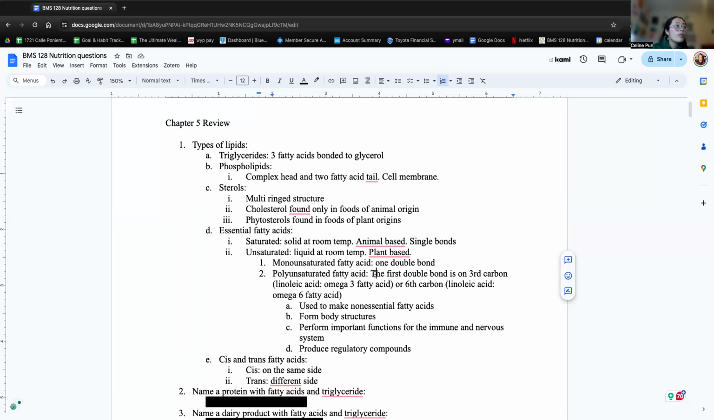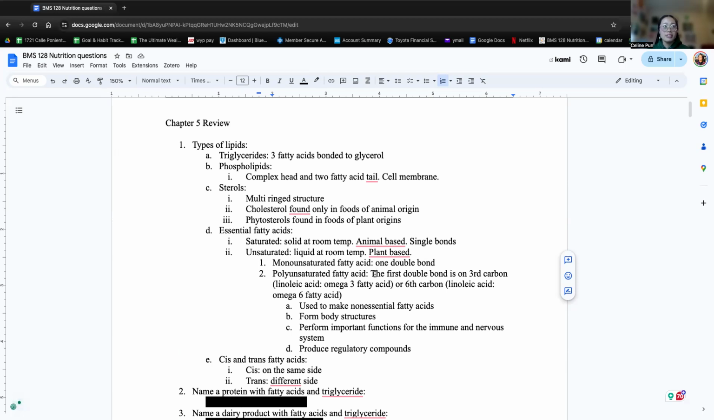So there's four types of lipids that were studied in the lectures. The first one, triglycerides, basically looks like three fatty acids bonding to glycerol. Phospholipids are a component in cell membranes, and it has a complex head and two fatty acid tails, which makes the tails non-polar and the head polar. So one part doesn't like water and the other does, and it creates a cell membrane through that